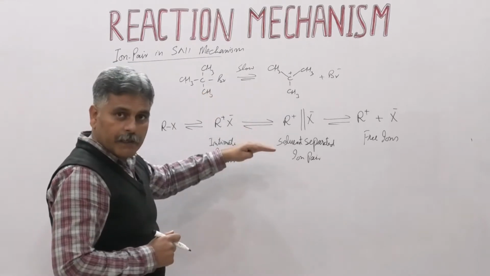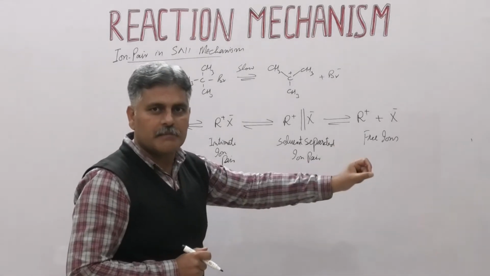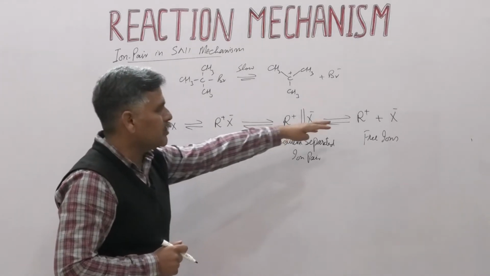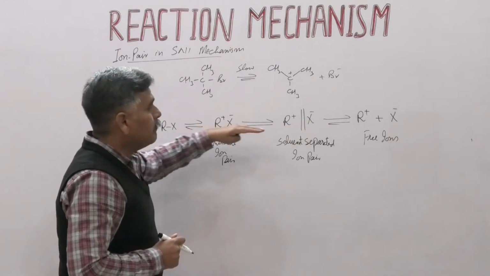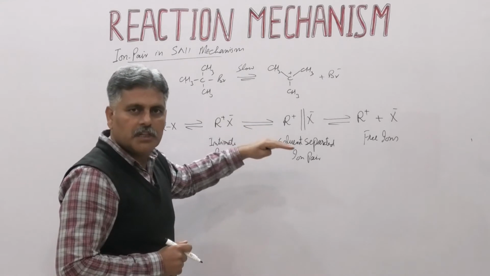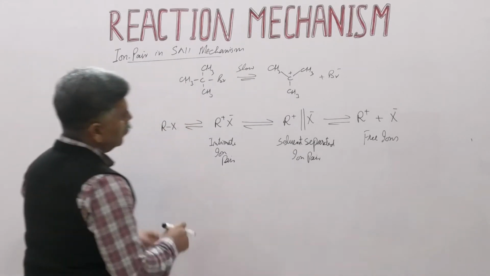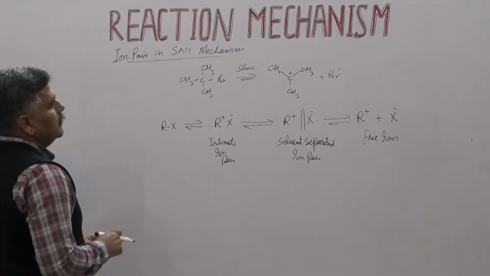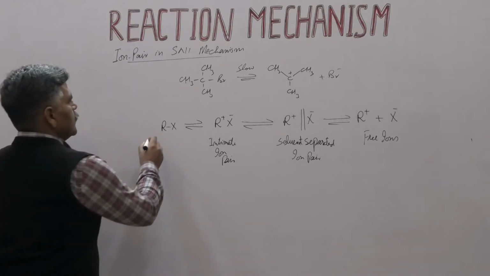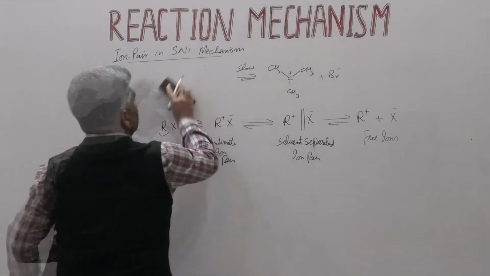In case of SN1 mechanism, we cannot conclude 100% that this is a racemization. This is because we have different stages in the formation of this carbocation, and these ion pairs actually determine whether it is racemization or inversion of configuration, or how much is inversion and how much is racemization. So we will discuss all these cases right now.